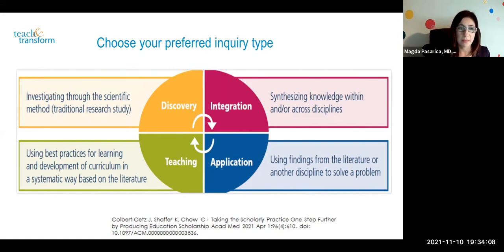So this is when we develop curriculum, and we don't start from zero, right? We have to always look at the best practices, what's available out there. We all know about MedEdPORTAL and Academic Medicine and all these other journals and PRiMER. So you can look at what's out there in the literature. Let's say you're developing a curriculum in lifestyle medicine. What has been done in the past with this curriculum? You design your own curriculum looking at the best practices, and then you do your intervention, but systematically you study